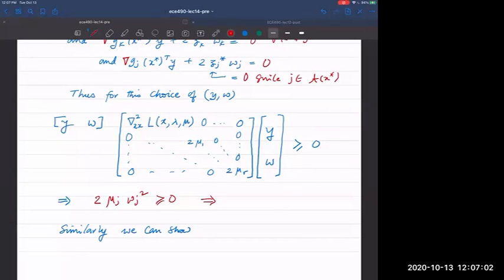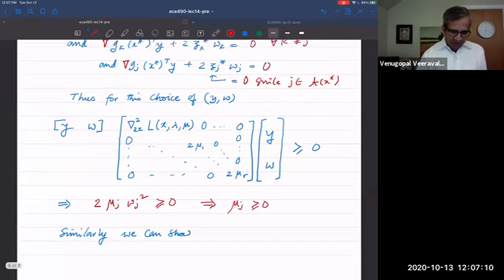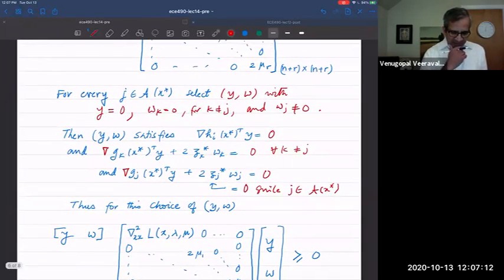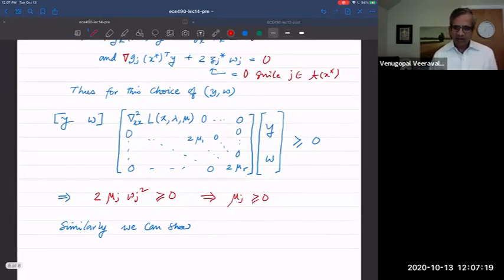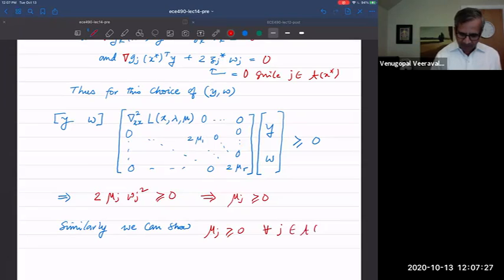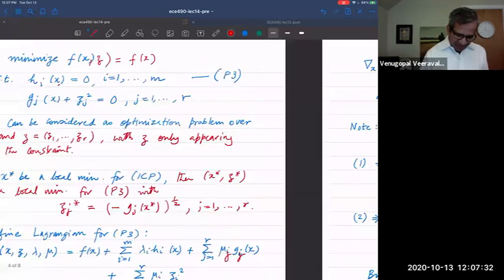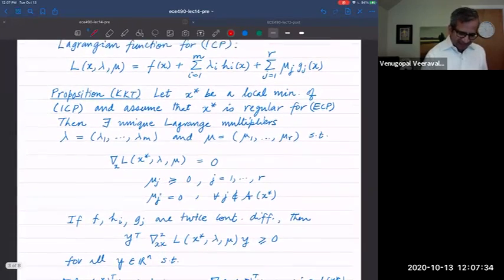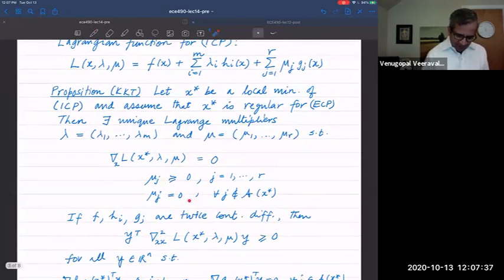Someone? Greater than or equal to 0. Yep. So now we have just one choice of j belonging to the active set. You can do that for every other j in a similar manner. So similarly, we can show that mu j is bigger than 0 for all j belonging to the active set. So we have now established this part here. We've established this part. So with all this done,